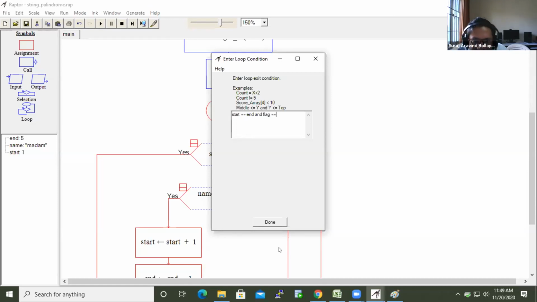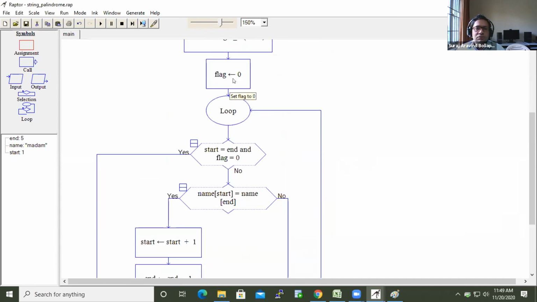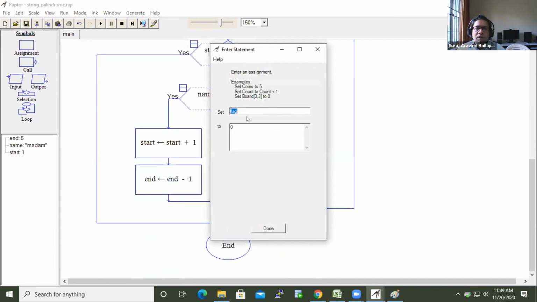I will let you know. Examples. Is it single equal to? Okay, let me single equal to 0. Now if it is no, here I will modify flag to 1 or some non-zero. I don't want 0 there. I put some value. Let me put it as 1.